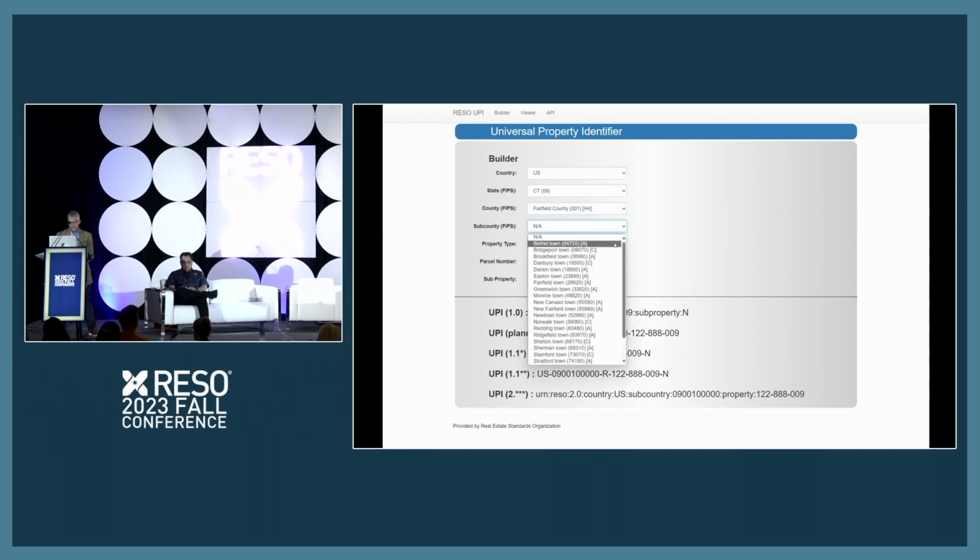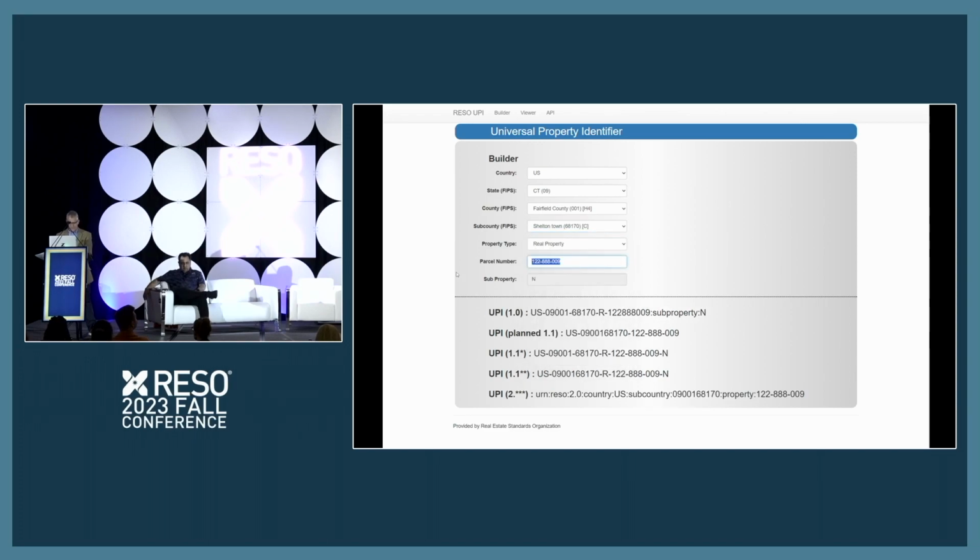So if you go into Fairfield, each one of these entities has the ability to create parcels or property. And so we'll just pick one, Shelton. This is actually a true property. 19 Applewood Drive. Owner is Brian Casey. I assume he's some distant relative of mine, although I've never met him.